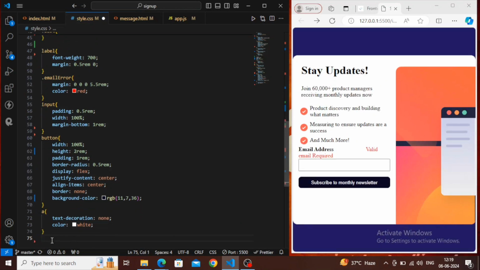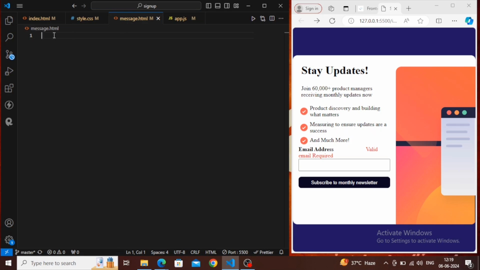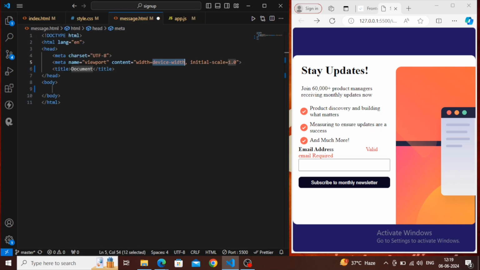Now what we need to do, we need to give this message container, we have to create another HTML file, and we will style it. So let's create another HTML file. It is message.html. Here what we will do, we will open a boilerplate, and inside this boilerplate we will give this title